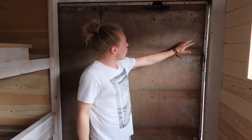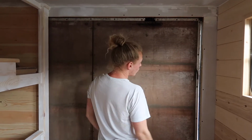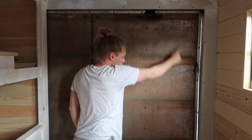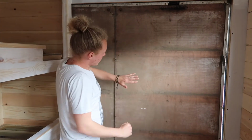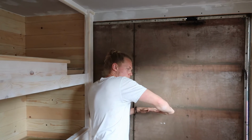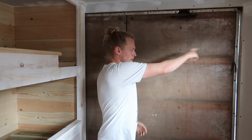I still need to, there's quite a bit of work to do around the ramp just to seal it off. We'll have to put a draft seal on it, otherwise it'd be freezing. That's pretty much it really. I did think about a fence type thing that's collapsible, so the whole thing folds down. So when this goes down, we can hinge up a fence